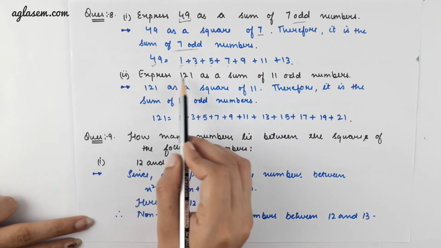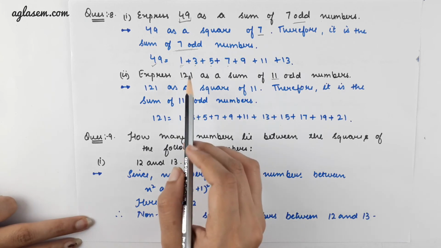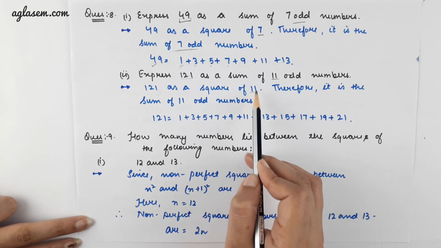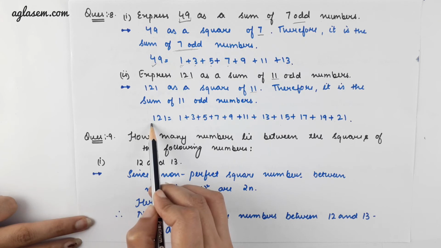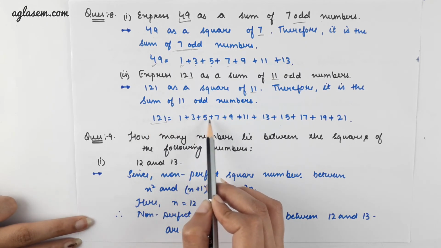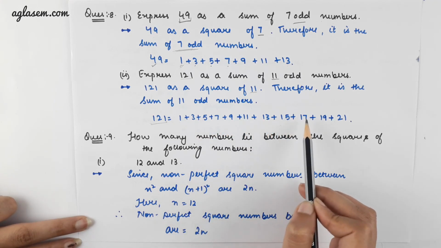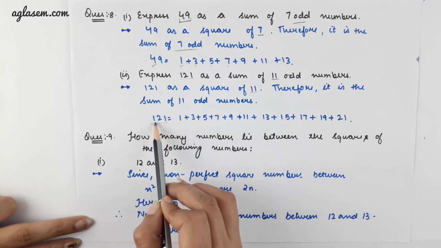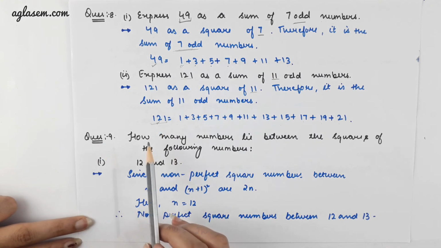Similarly, we have to express 121 as a sum of 11 odd numbers. And we also know that 121 is the square of 11. Therefore, the sum of 11 odd numbers will give 121 as the result. So, 1 plus 3 plus 5 plus 7 plus 9 plus 11 plus 13 plus 15 plus 17 plus 19 plus 21 will give the result as 121. Coming to question number 9, we have to tell